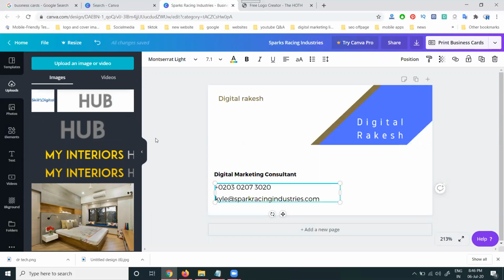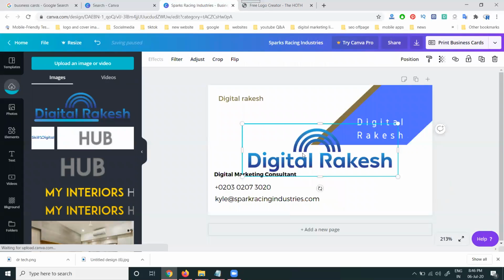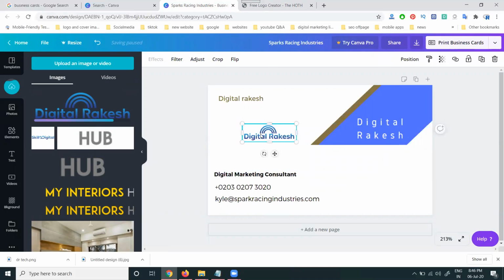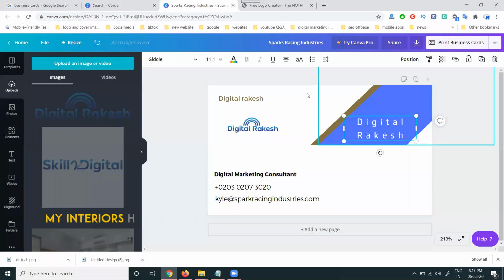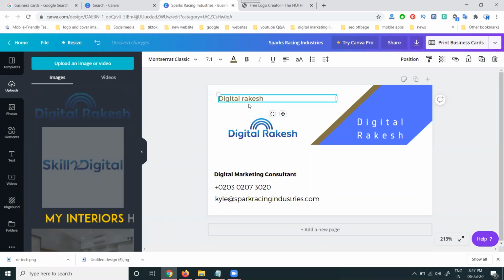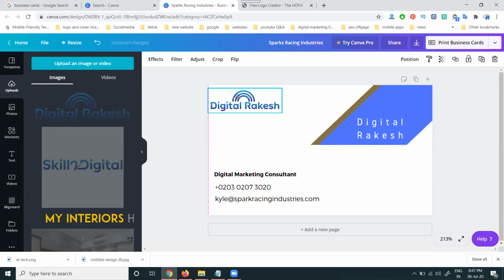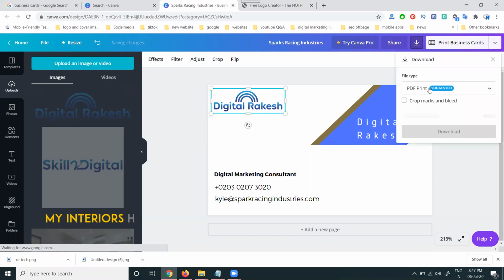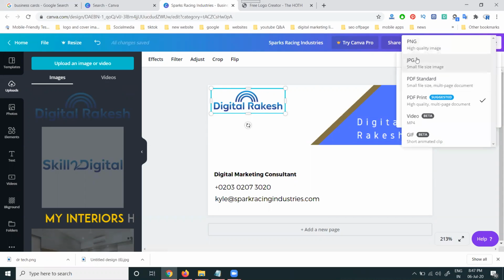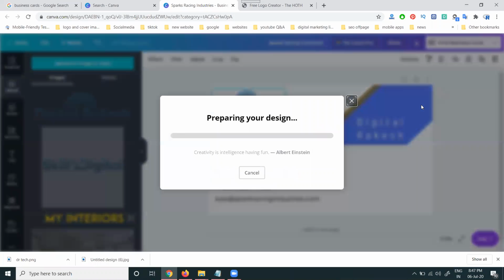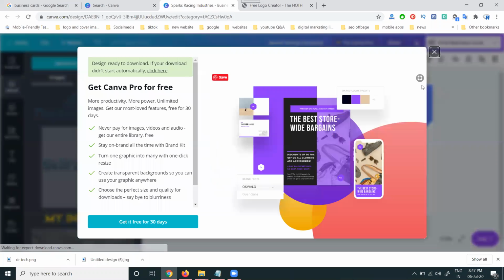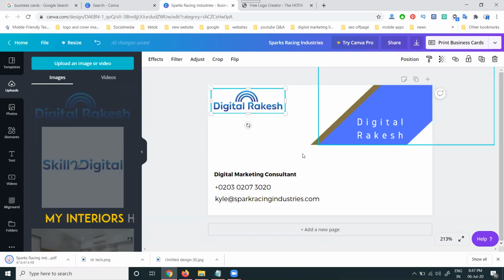The logo will be added in the particular place. Just decrease your option. Here, everything can be changed, increase the logo, text will be removed. For download, we can use PDF, PNG, JPG, but most cards we download in PDF format. Download it. I'm just showing a dummy one, how we can create business cards on the particular website for business purposes. Based on your criteria, the card will be designed.